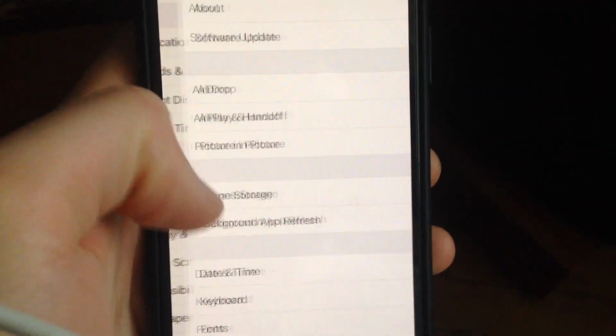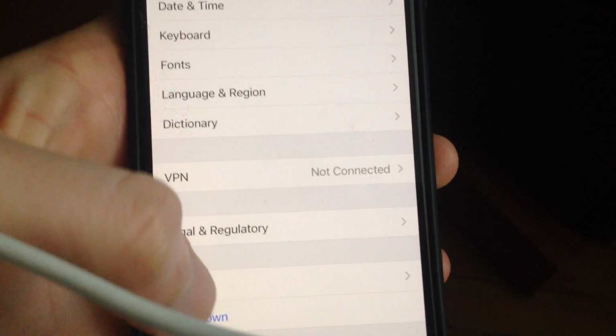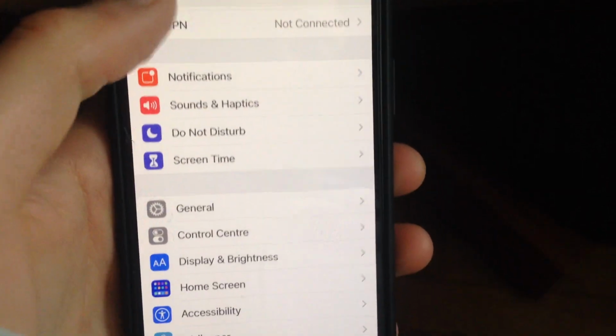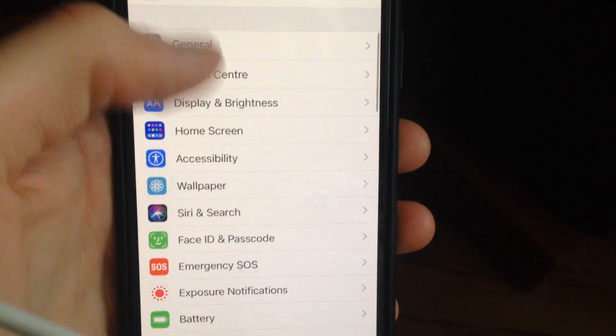So after, just go to the general, just scroll down, just find here shutdown, slide to power off, wait a few seconds and just power on your phone again. And if it doesn't help you,